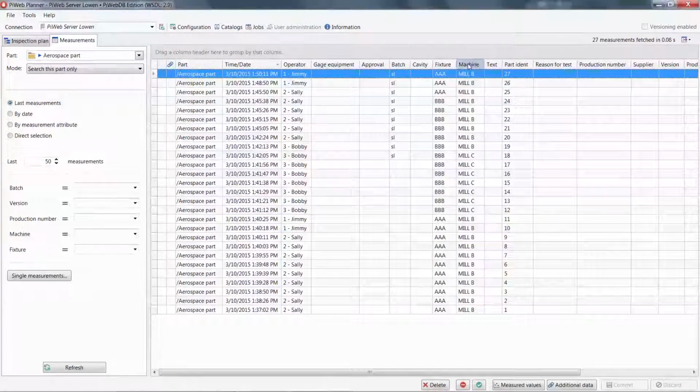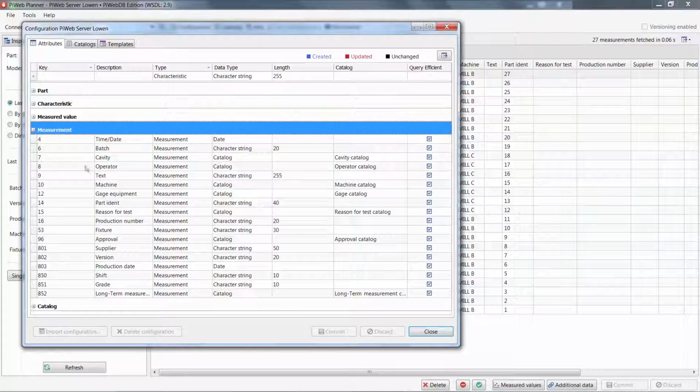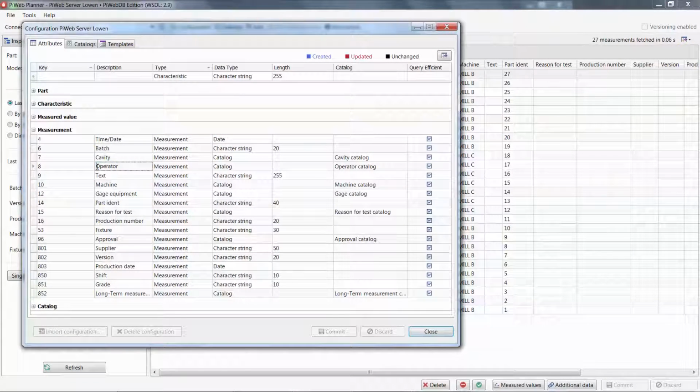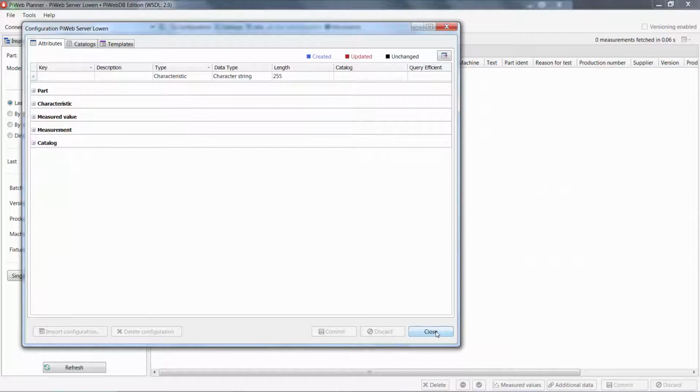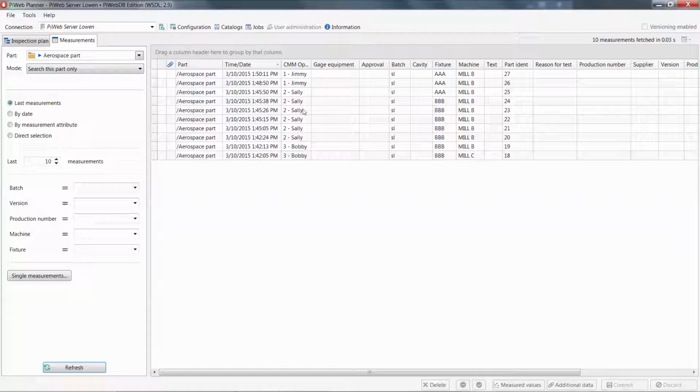To modify existing attributes or create new ones, we access these functions through the Configuration button. You can modify an existing attribute like the description. Here I will change this to CMM operator and commit my changes to the database. PiWeb Planner will return back to the default group of date and time, but you can see the changes are